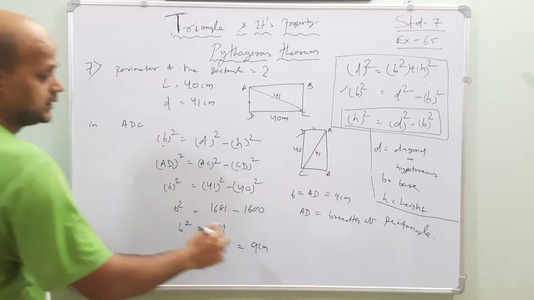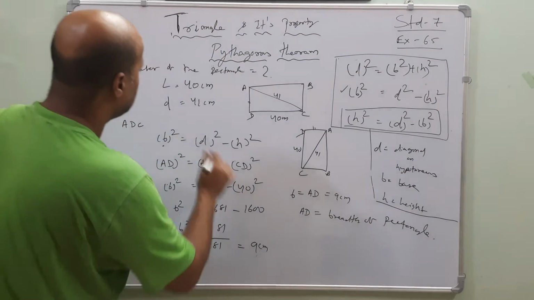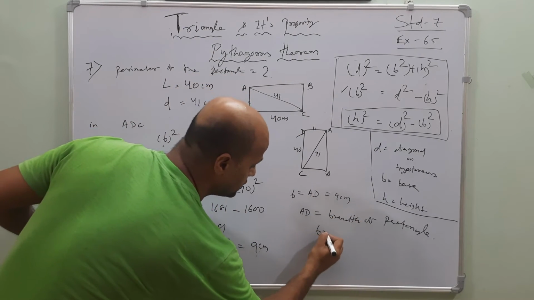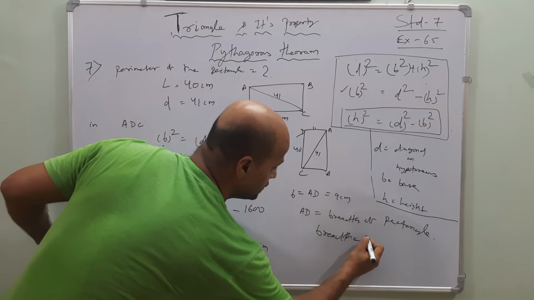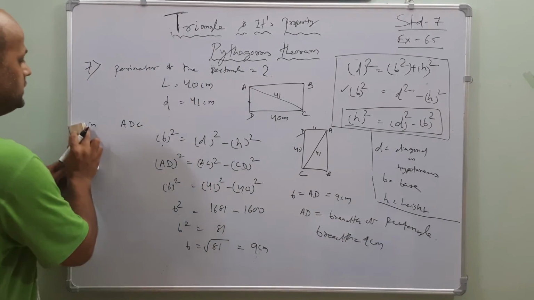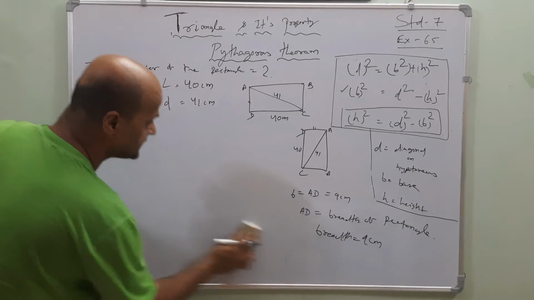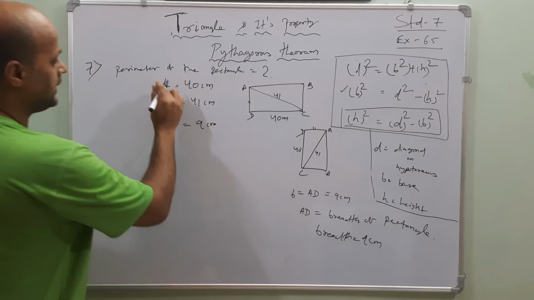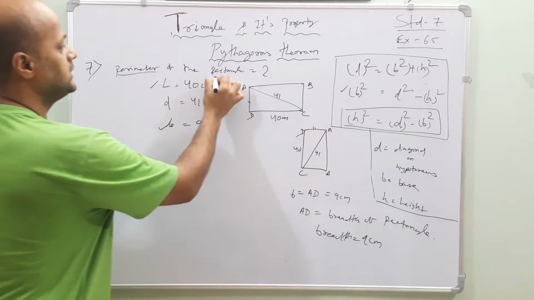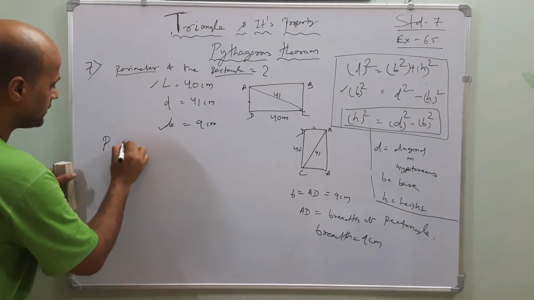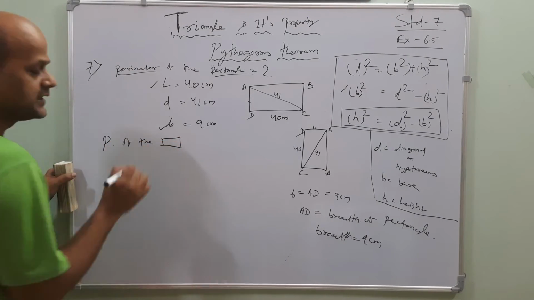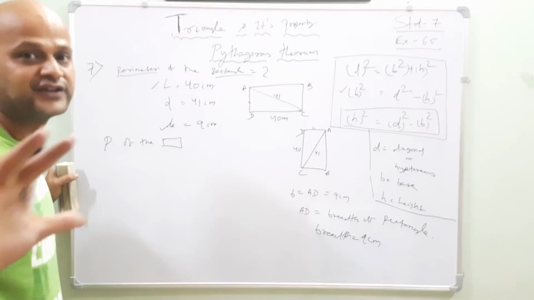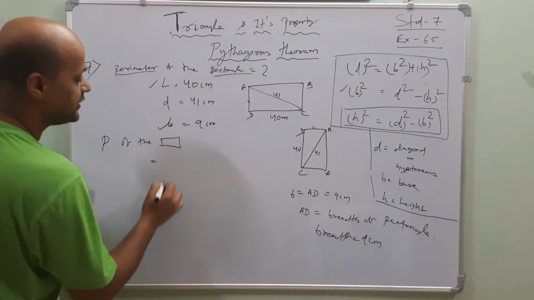So AD is equal to breadth of the rectangle. Now what is the length? Breadth is how much? Now breadth is equal to 9 centimeter. Now here breadth came out as what? 9 centimeter. So write B is equal to 9 centimeter. Now length is there, breadth is there. What is it asking? Perimeter of the rectangle. I am writing in short form, my dear friends. Don't write in short forms in your note. You have to write all the spellings. Right.